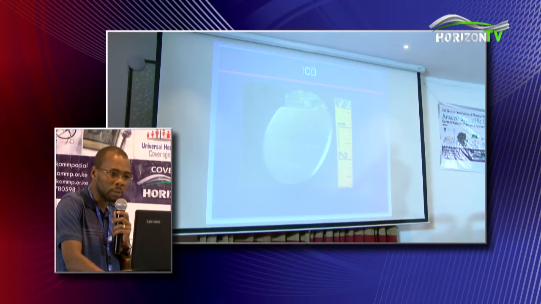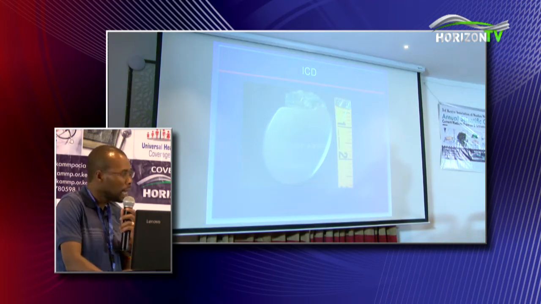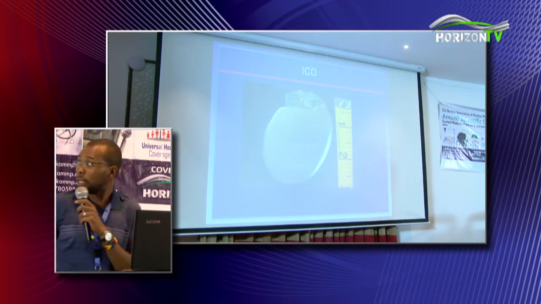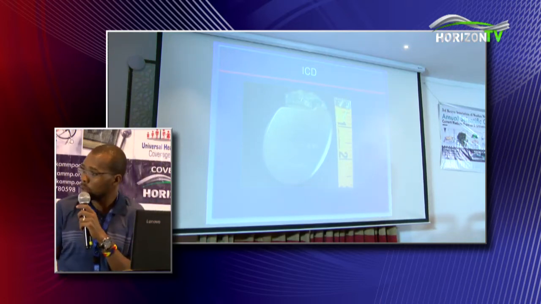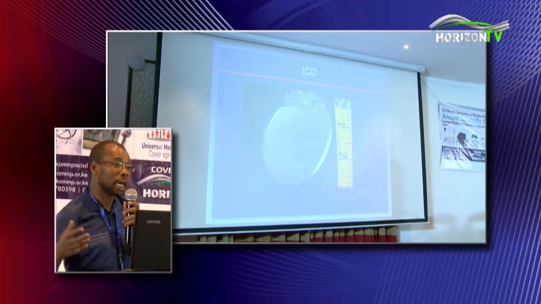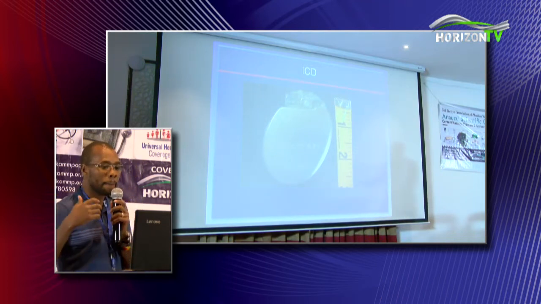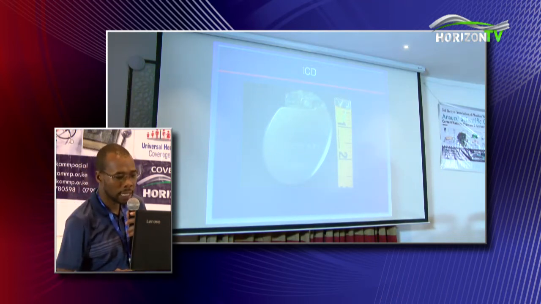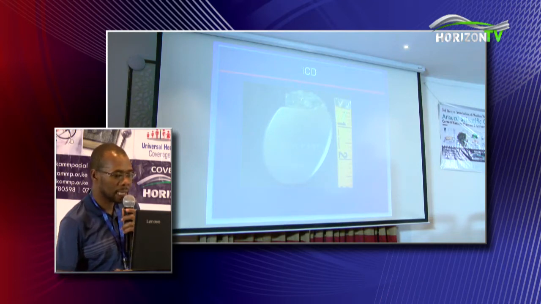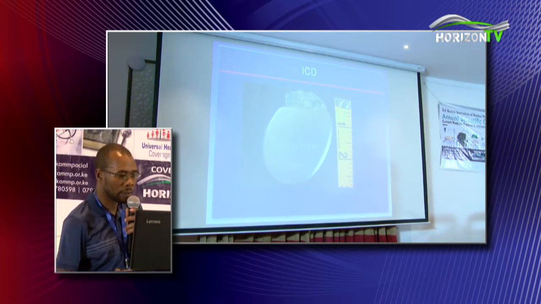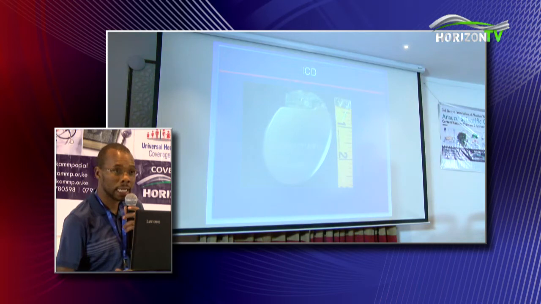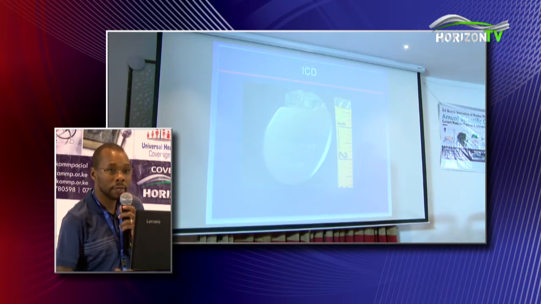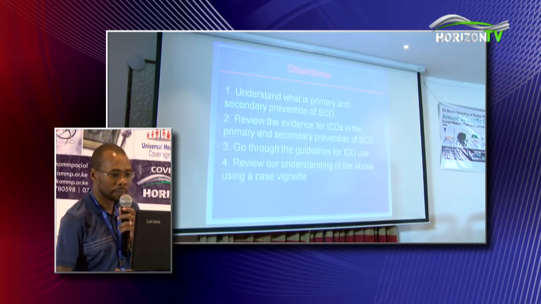And as I'm talking about prevention of sudden cardiac death, there are two types of prevention. One of them is using medications. If you treat your patient with medication for cardiomyopathy, that can help prevent sudden cardiac death. But what has been shown to improve mortality significantly is the ICD. ICD stands for implantable cardioverter defibrillator. It's a small device, put in the front of your chest, and it can help prevent sudden cardiac death induced by ventricular fibrillation or ventricular tachycardia.